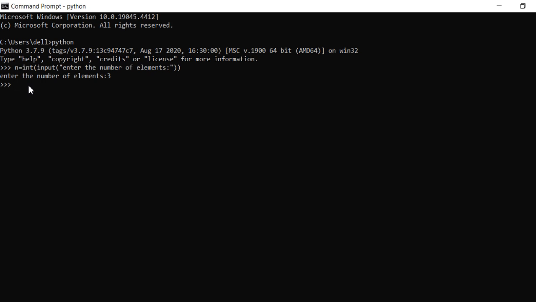Now let's create an empty list. I am creating here empty list. Now we want to receive items in this list. So that is why we are creating empty list. We have already received the number of elements from the user. Now we will use this value to receive input in this list. For this we need a loop called for loop, which allow us to repeat a certain piece of code multiple times. As we want to store 3 elements in this list, we will run our for loop 3 times.